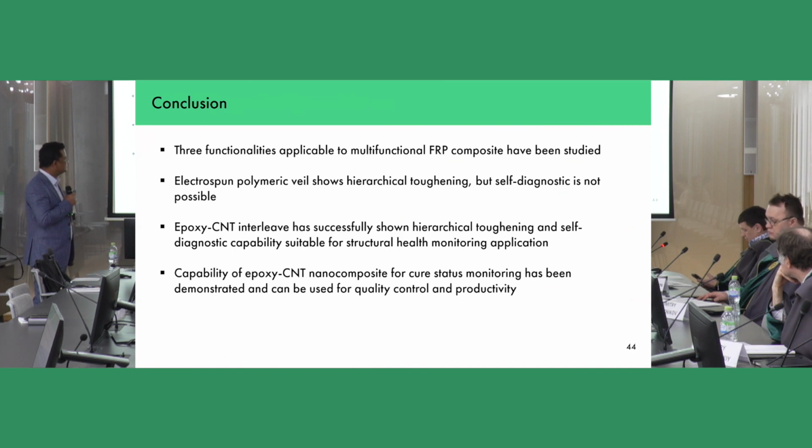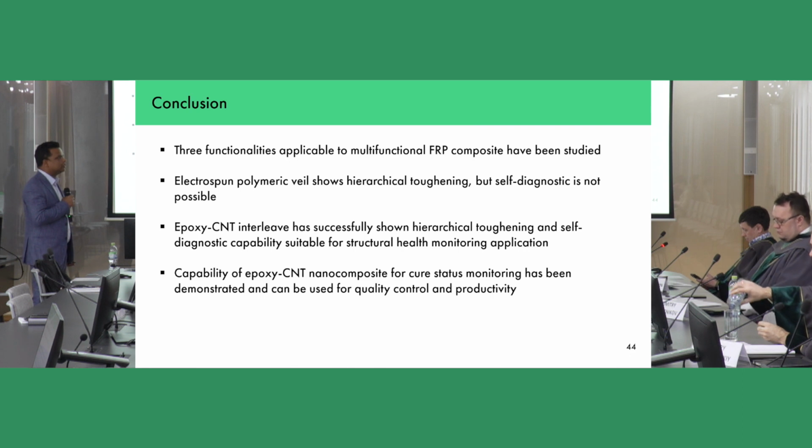So if you keep on increasing the amount of CNTs beyond what you proposed, let's say 7.5%, do you still believe hierarchical toughening would be the hypothesis in this case, or do you think something else will change? Actually, if you keep on increasing the amount of CNTs in the interleaf, again, it depends, because at higher weight percentage of CNTs, problems like dispersion, agglomeration, and re-agglomeration will come, right? So it depends on how we'll address these problems. So if you can address the agglomeration problem properly, or